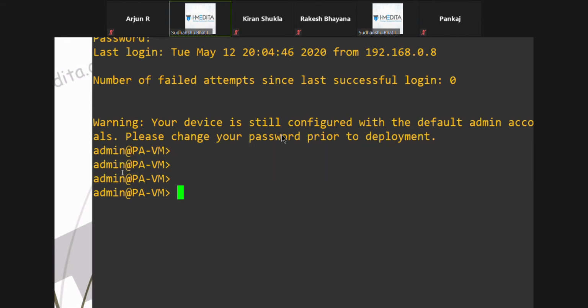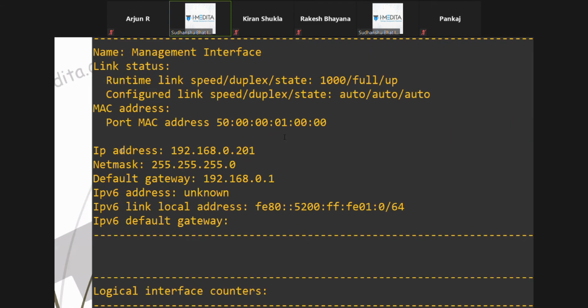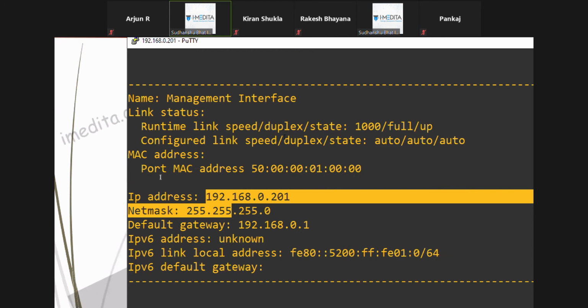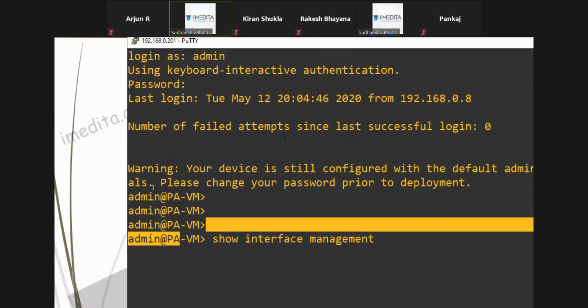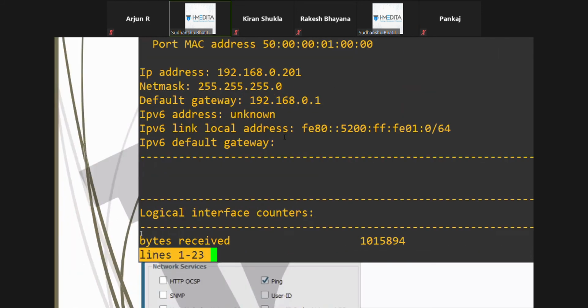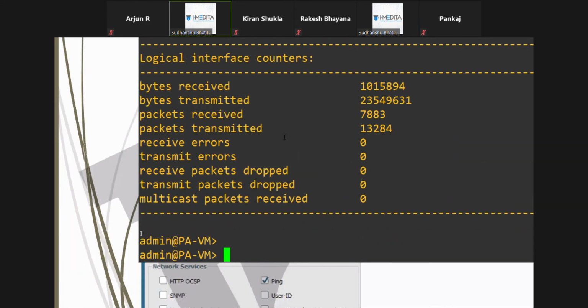What you can do is some show commands here, like I showed you show interface management, which showed us the IP address on the management interface. If you want to look further, you can press space bar or enter; it will show you further lines if the output is long.